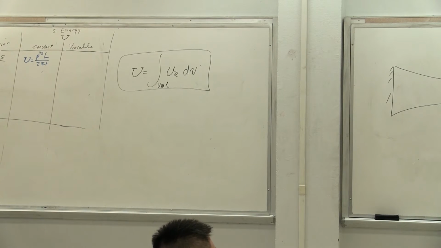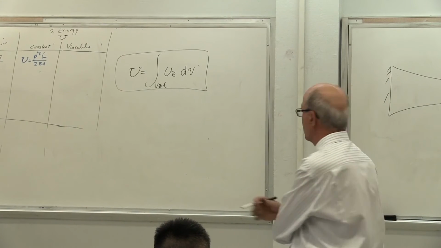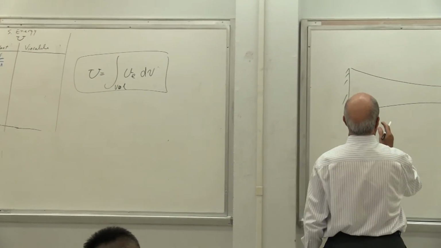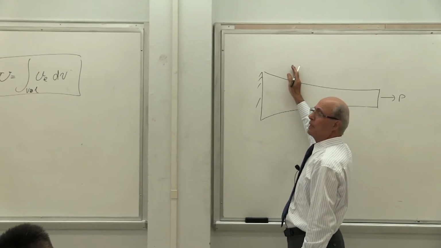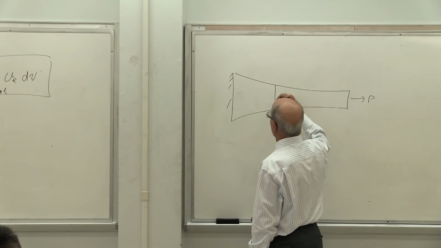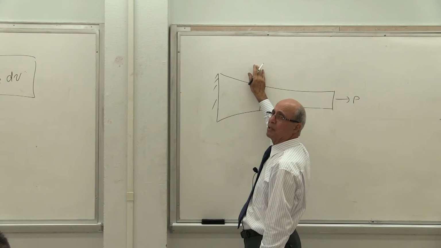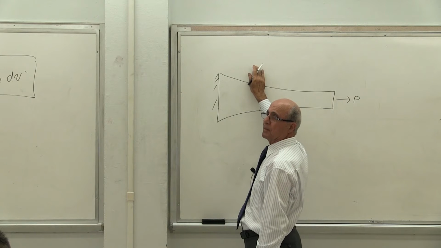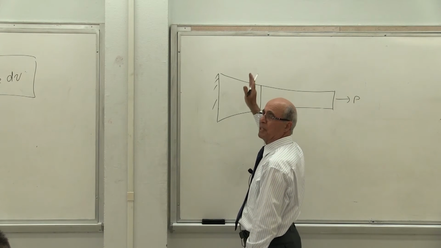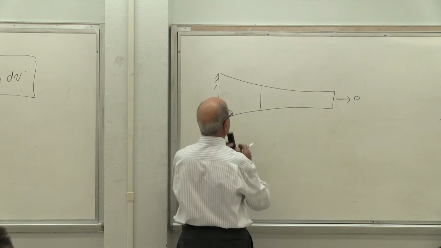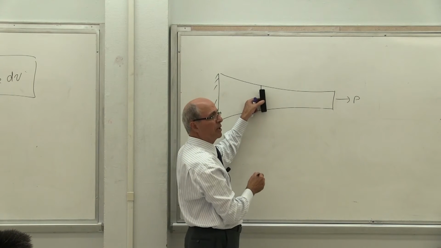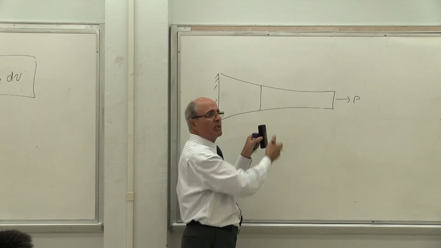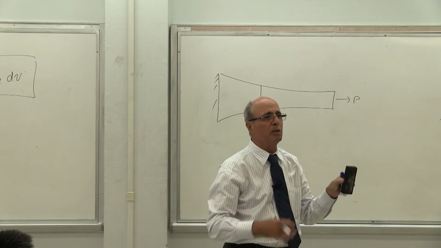Of course, as usual, we don't go x, y, z because some of the problems are constant. Look at this problem. Is sigma in the y direction variable if I go to this line? Is sigma here in this direction variable or the same? Same. If this way is the same, this way is the same. In other words, if I look at this, it has a thickness here. Is that correct? If I look at this way and this way, the rest are constant, yes or no? So only I have to